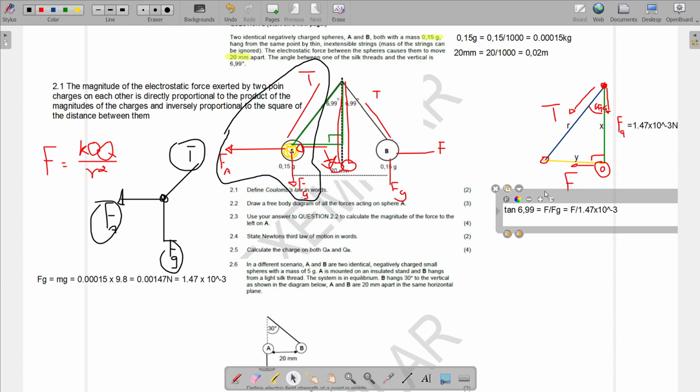That is the first step. Then when I cross multiply, I will have tan 66 multiplied by 1.47 multiplied by 10 to the exponent of minus 3. So the answer is equal to the force applied, which is equal to tan 66 times that, which is equal to